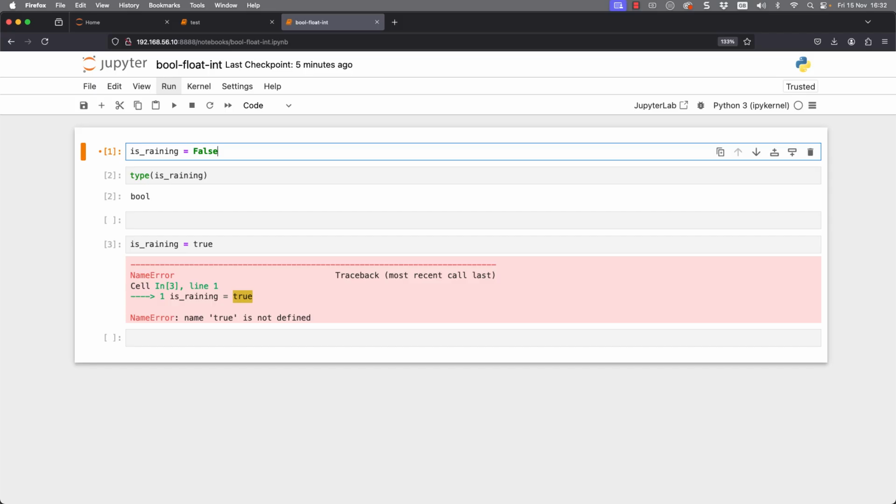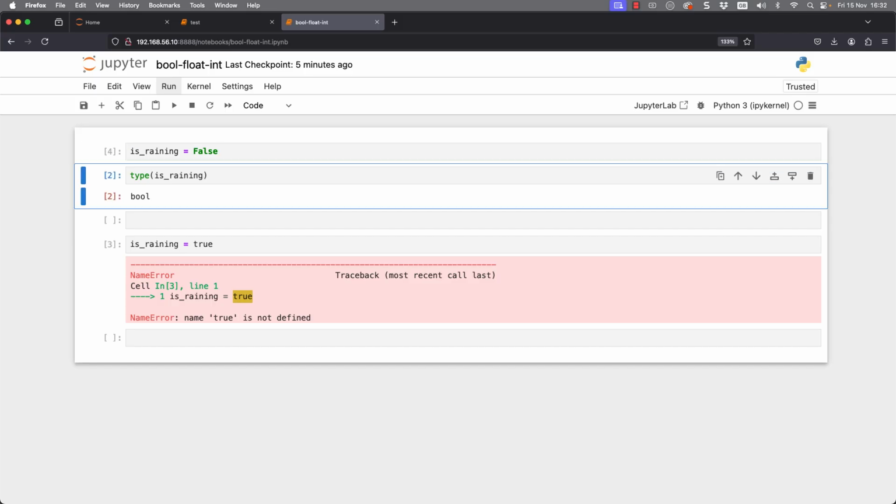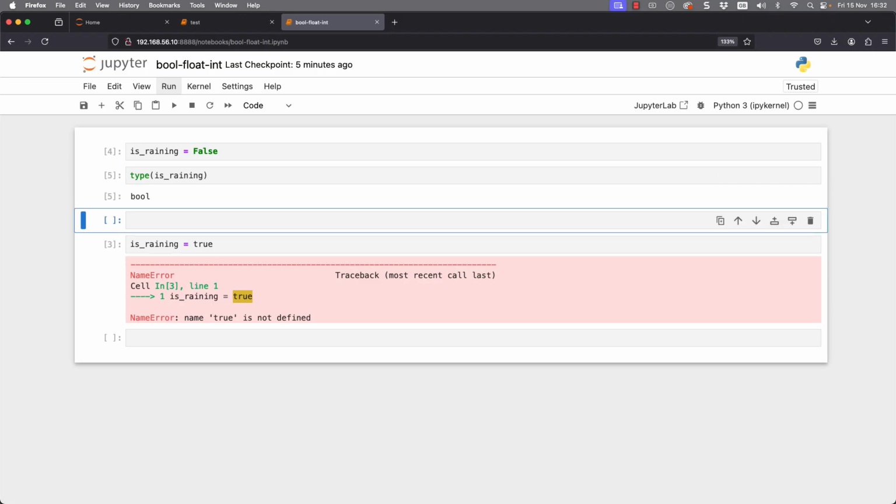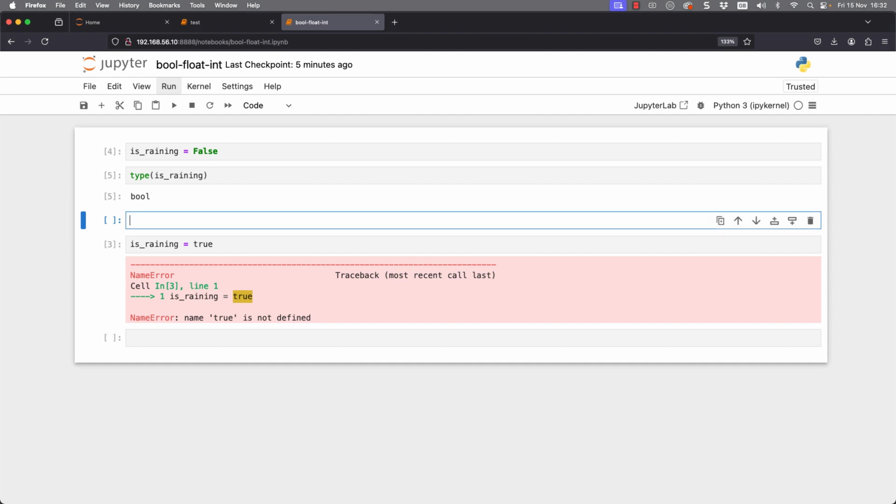It's coming back highlighted in green. I can go through and run the second cell, and of course that's just going to return that it's a Boolean still. But I can now go through and actually start using my variable in an if statement. Now, I know we haven't looked at conditionals, but they are not that difficult, and we can become familiar.